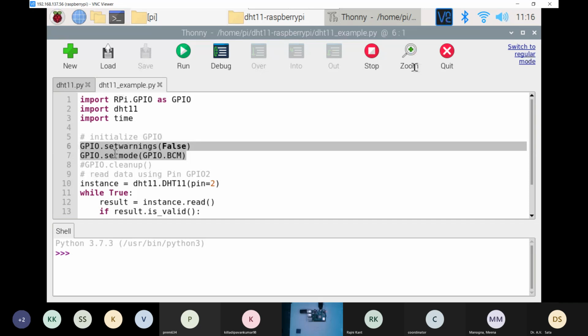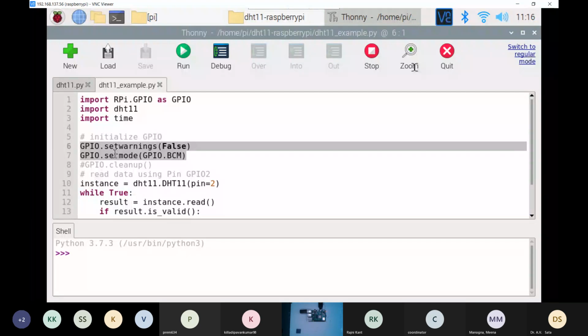There is a pin mode that we are using, GPIO.BCM. If you remember in Arduino, we used to define DHT11.begin.